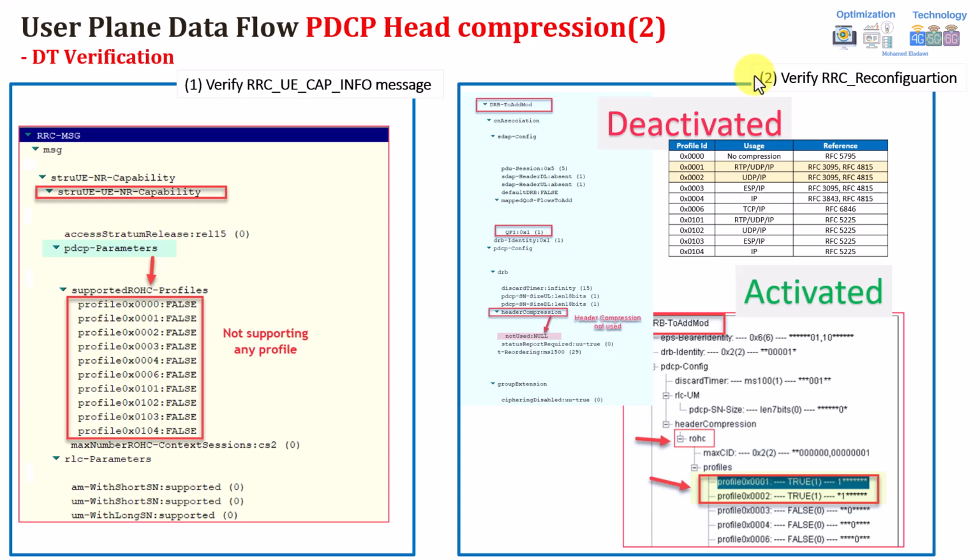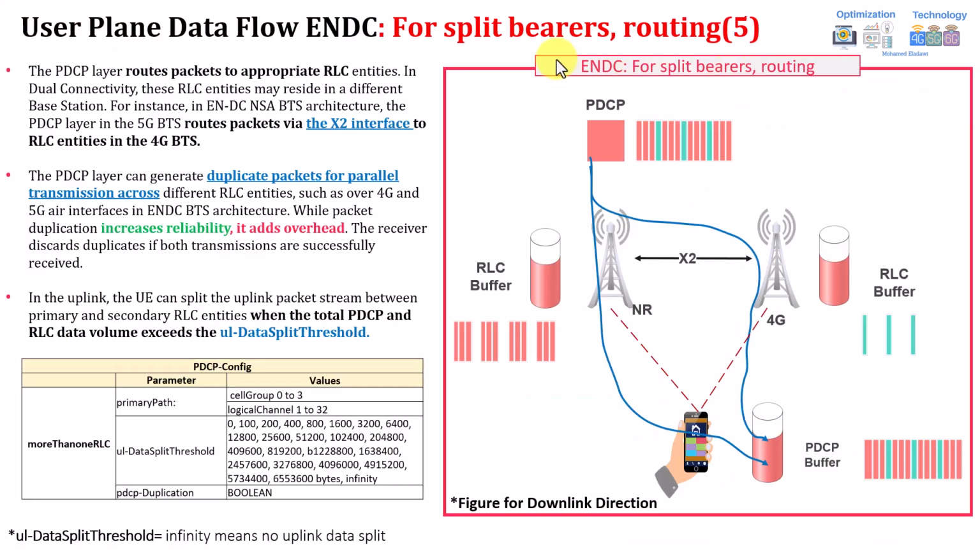Now let's go to the third function in detail. The third function actually is quite well known. You should already be aware of it, but it's fine, we can go through it as well. This is related to the PDCP function in general, that it can do split bearer routing or even duplication for the packets. But again, this is mainly done in non-standalone, so this is not related to standalone.